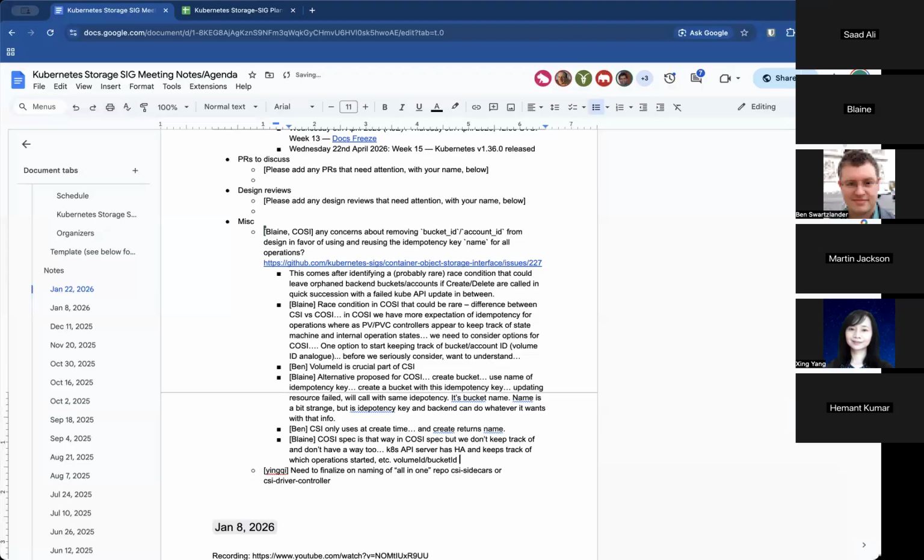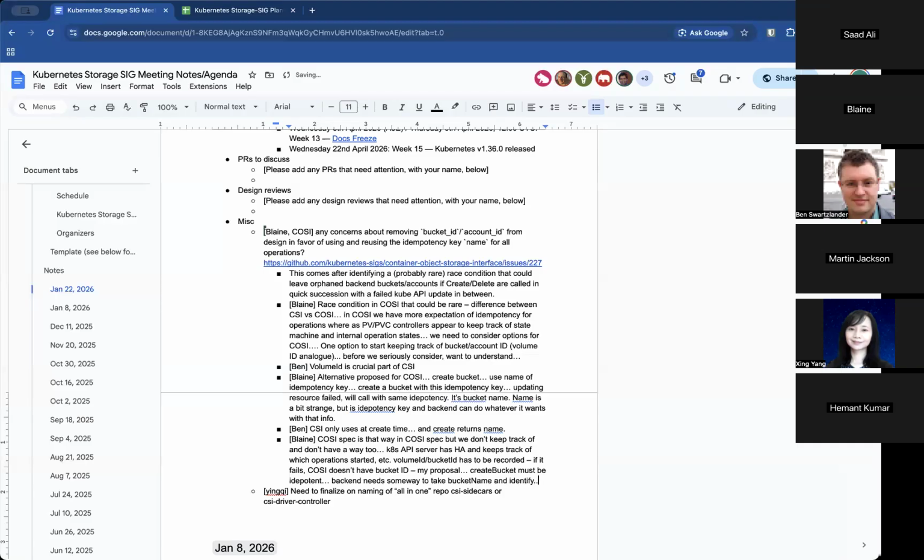So then if that Kubernetes API update fails and then the user decides they don't want the bucket, then Cozy doesn't have a bucket ID in order to request deletion. And so my proposal is that, looking at this as a whole, create bucket needs to be idempotent, which means that the backend needs to have some way of deterministically taking that bucket name and identifying what the bucket ID is that it's going to create.